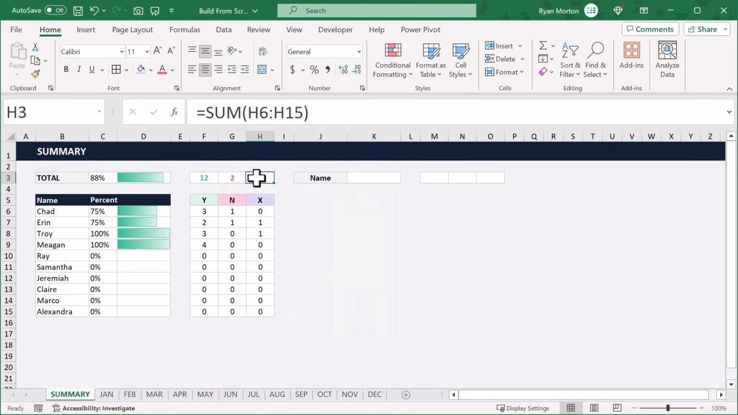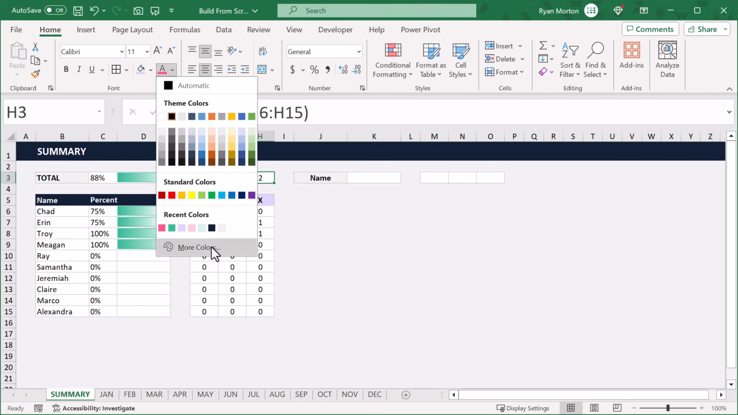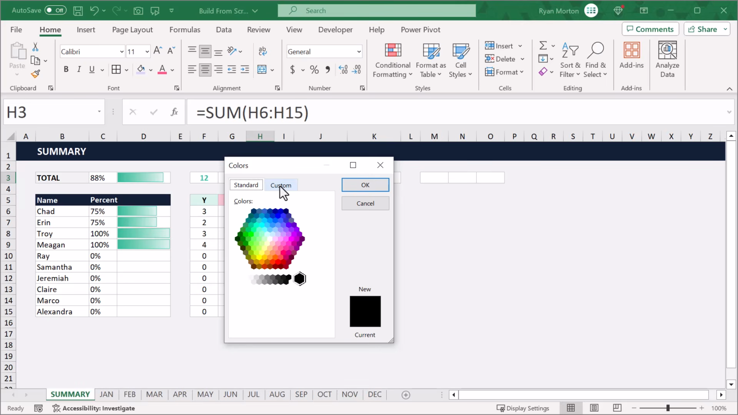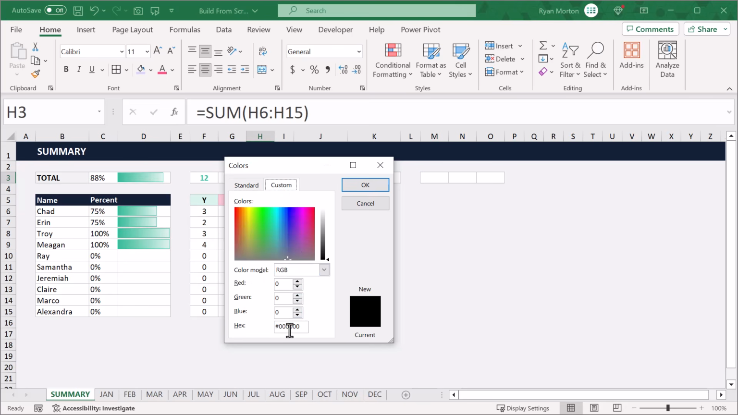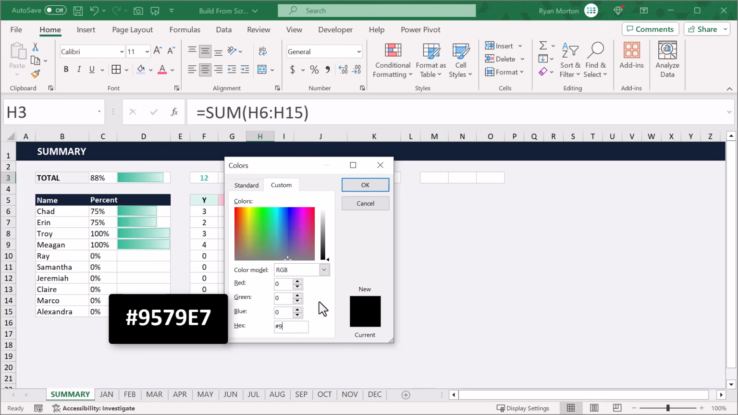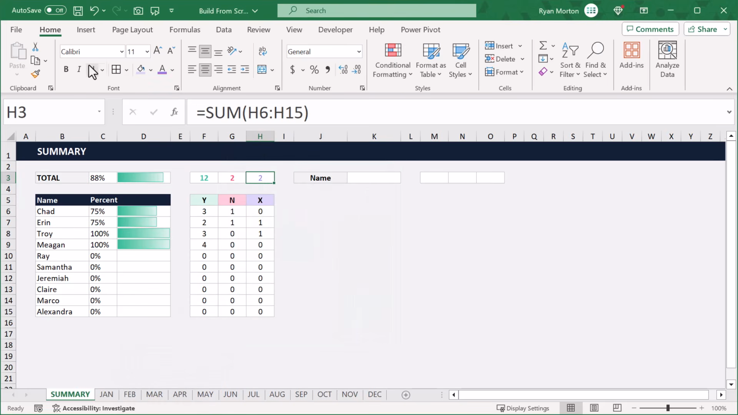Now select H3, click the down arrow here, select More Colors, click on Custom, and enter the hex value, hashtag 9579E7. Then click OK and bold the text. Awesome. To save time later, select F3 through H3, then click the Format Painter tool here in the ribbon, and